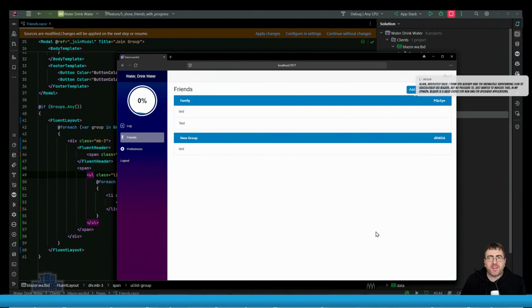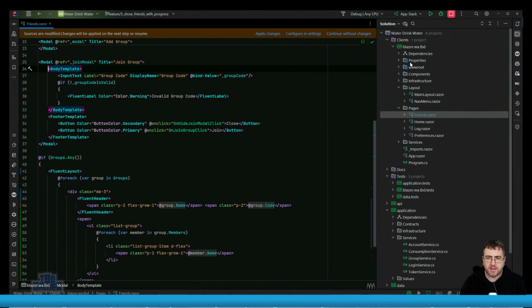Again, absolutely valid. I think you already have the noise surrounding how to successfully use Blazor, but no pressure to. Just wanted to indicate that. In my opinion, Blazor is a valid choice for new and or upgrade applications. Yeah, there's definitely some things that I would like to go into more, understanding wise. I mean, I'm using it here in a disconnected manner, right? I'm using it as a pure